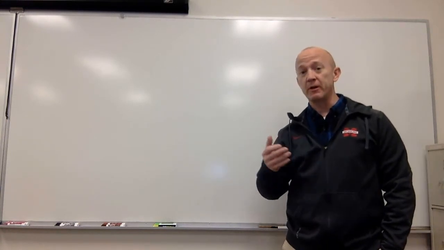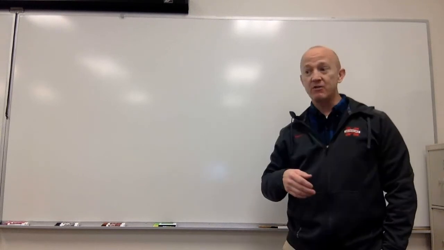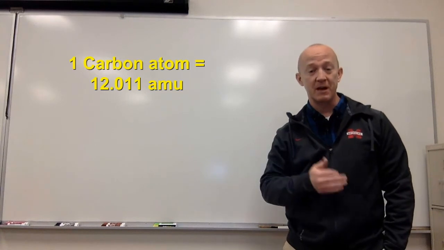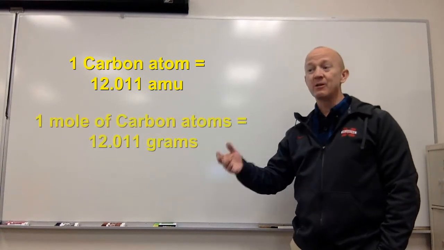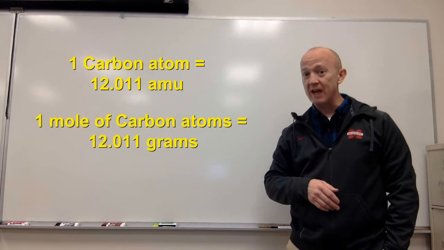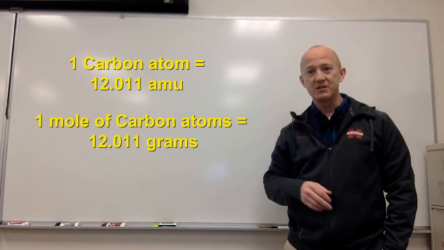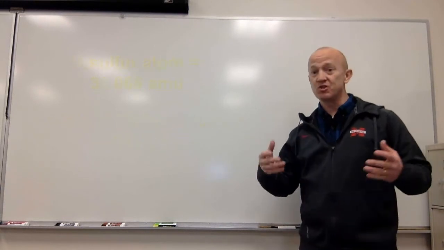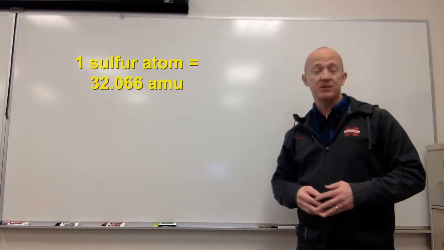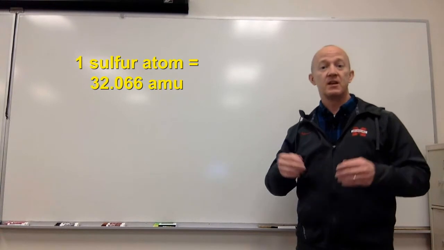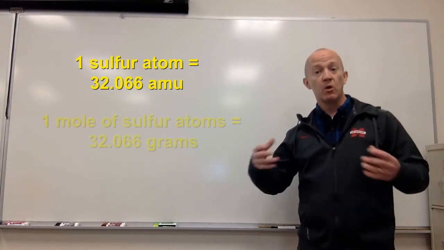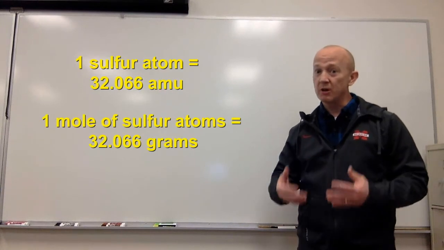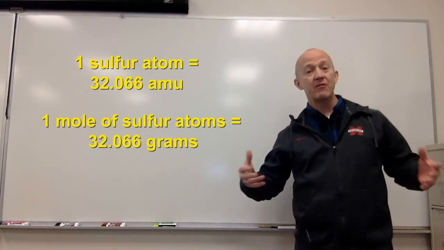Using the values on the periodic table, your average carbon atom is going to have a mass of 12.011 atomic mass units, or an entire mole of carbon atoms is going to have a mass of 12.011 grams. That's cool. An average sulfur atom will have a mass of 32.066 atomic mass units, but 1 mole of sulfur atoms, or 6.02 times 10 to the 23rd sulfur atoms, will have a mass of